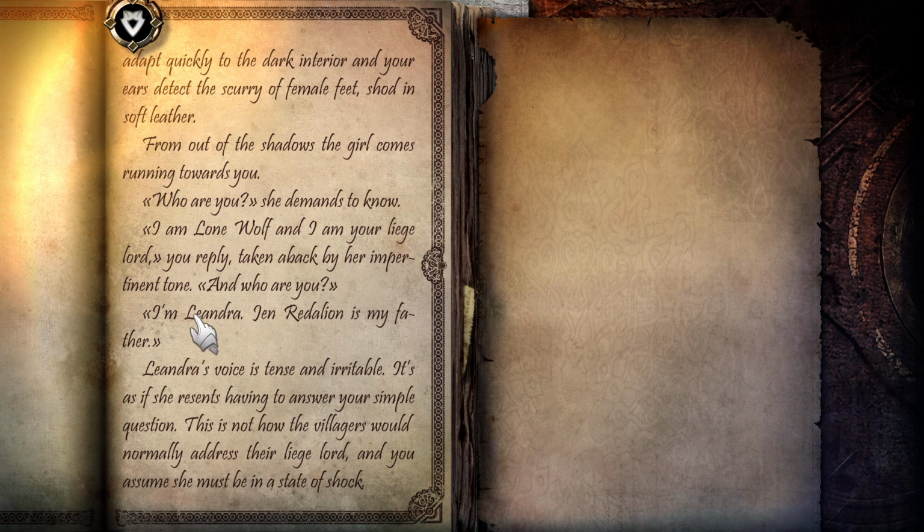And who are you? I'm Leandra. John Leandra is my father. Leandra's voice is tense and irritable. It is as if she resents having to answer your simple question. This is not how villagers normally dress their liege lord, and you assume she must be in a state of